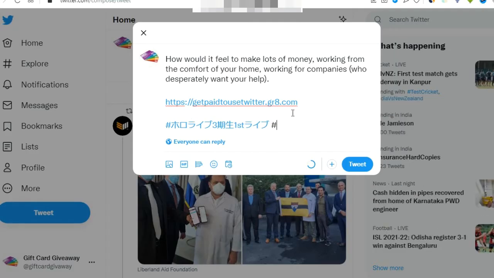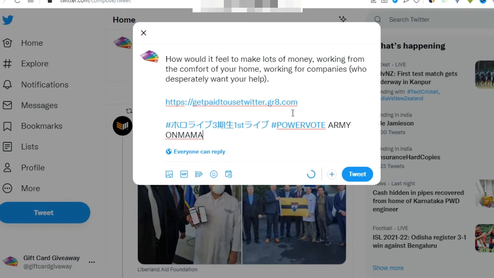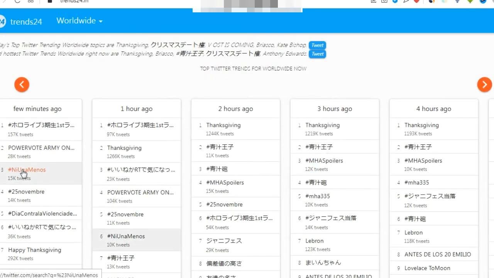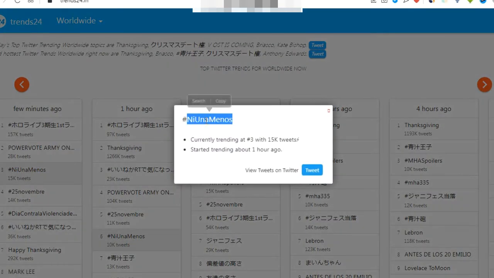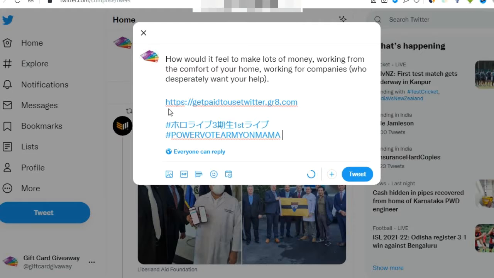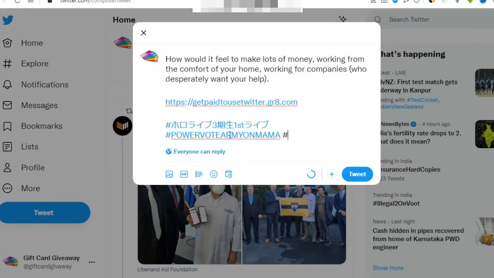Copy and paste over here. Okay, we are done with two hashtags. Again we will be using more. The third one is also completed.